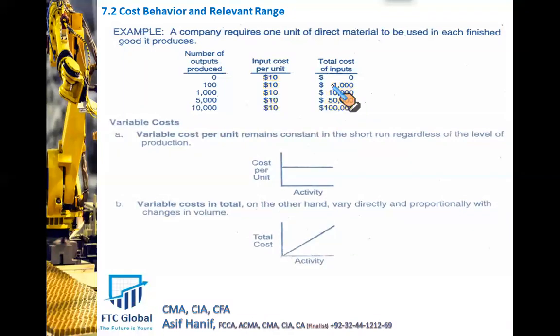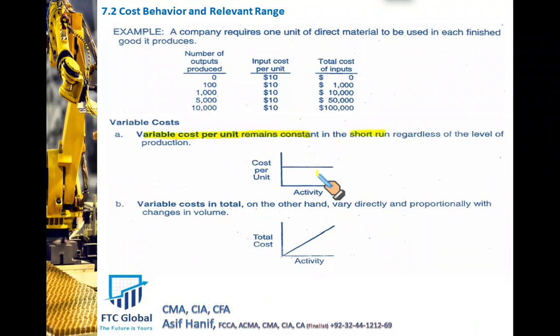Let us draw this on an x-axis and y-axis arrangement. If you take units on the x-axis, and if you take your cost per unit on the y-axis, what you see is that within the relevant range, every unit will cost you $10. It stays the same, $10 per unit. And as you keep on producing more, your variable cost for material keeps going up, right? So these two are plotted in this graph. So what we see from here, within the relevant range, your variable cost per unit remains constant in the short run,